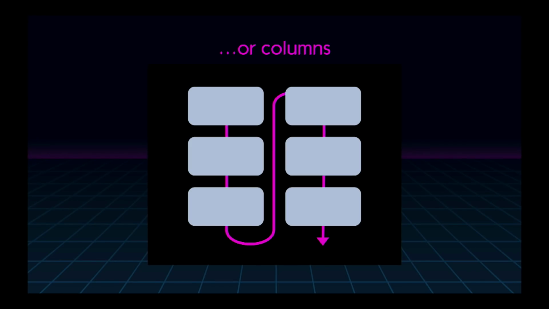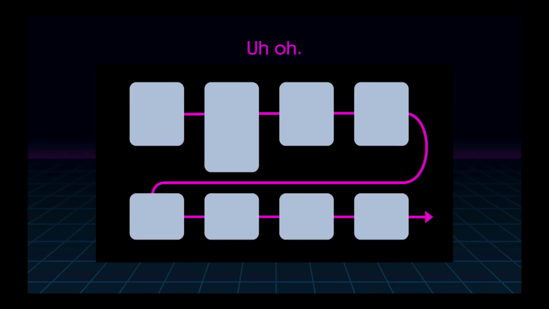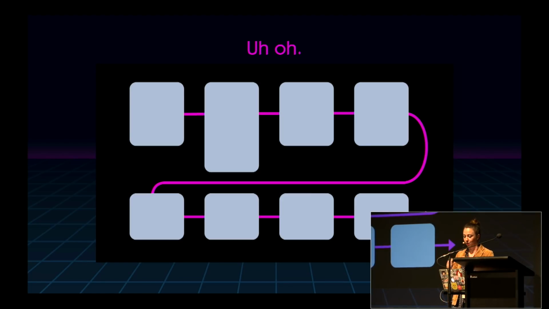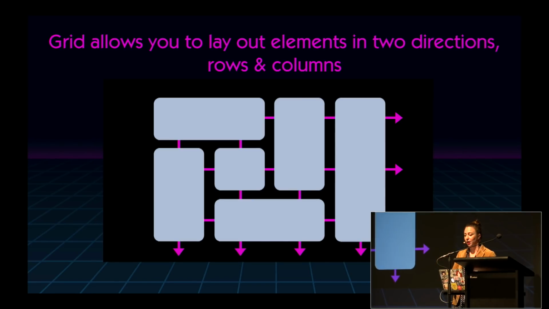make work for us. So Flexbox has been our iterative step towards that, right? Flexbox is great for laying out items in rows or columns, but even though it looks like a grid, we still only have content flowing in one direction. It's just wrapping, and we have to tell it to wrap. And we get into these scenarios where every element needs to be perfectly sized for our layouts to work, and we have to control all the little child elements to make sure that everything works. So what makes grid different is it allows you to lay out elements in two directions, rows and columns,